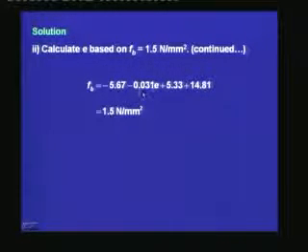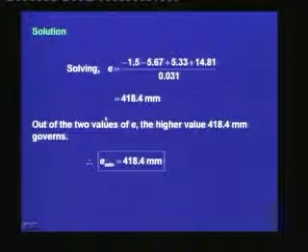Once we have substituted these values at service, the bottom stress, which has the uniform component, the component due to the pre-stressing force, the component due to the self weight, and the component due to the live load, the total stress at the bottom can be 1.5 Newton per millimeter square, which is tensile. Solving, E is equal to